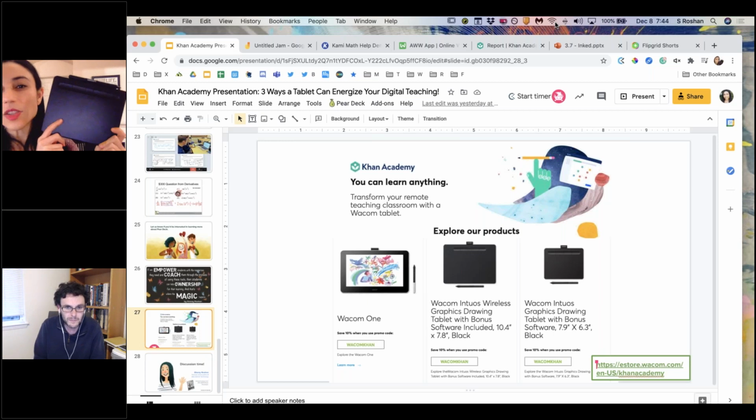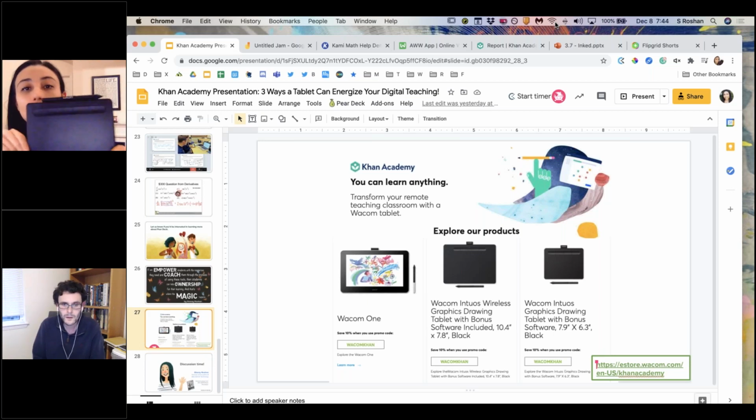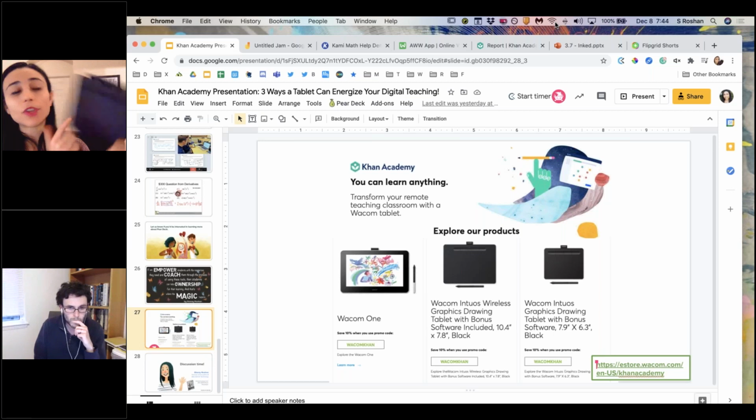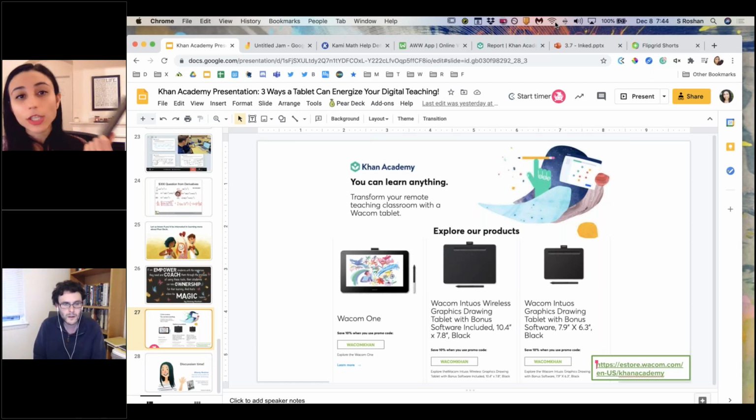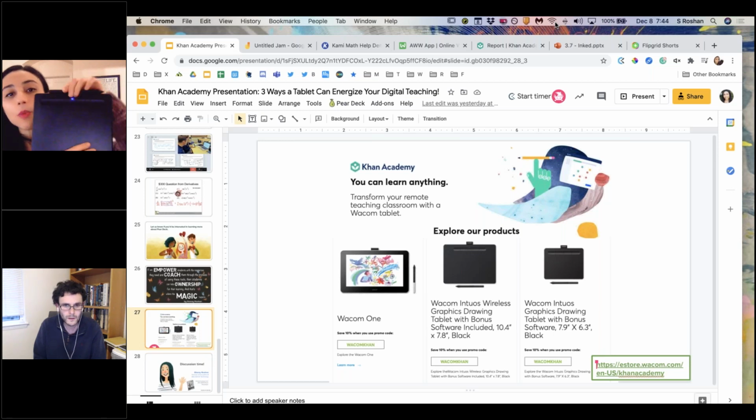Okay, so this is the one that's really portable. This is the Intuos one. This is a small Intuos. So it's the one that you're seeing on my screen share right now. It's a small one, the one all the way on the right. And this is the Bluetooth version of it. So literally, you just press the button to turn it on and off, and it's Bluetooth enabled. And then when I am using the pen here,